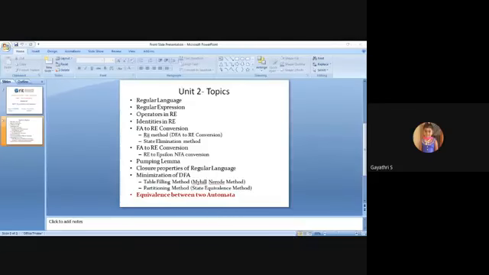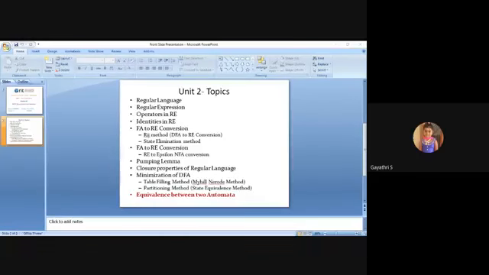Then, based on the pumping lemma, you have to set some pumping length. I always use a pumping length of p equal to 4. Then there are three conditions: x y^i z belongs to the given language, the length of xy is less than or equal to p, and the length of y is greater than 0. If the given language is regular, these three conditions must be satisfied. If any one of the conditions fails, then obviously the given language is not regular.